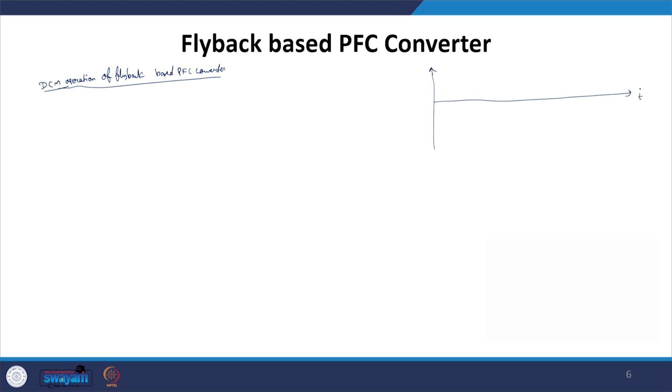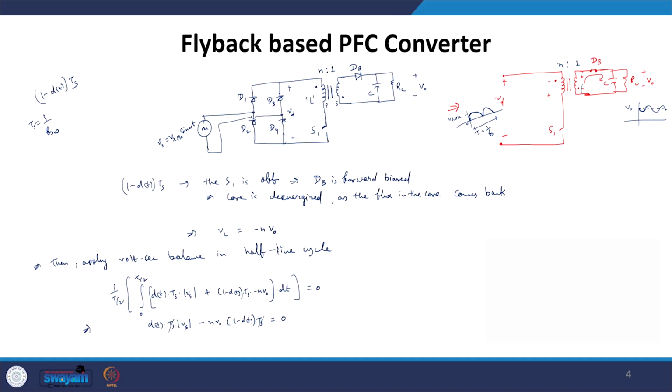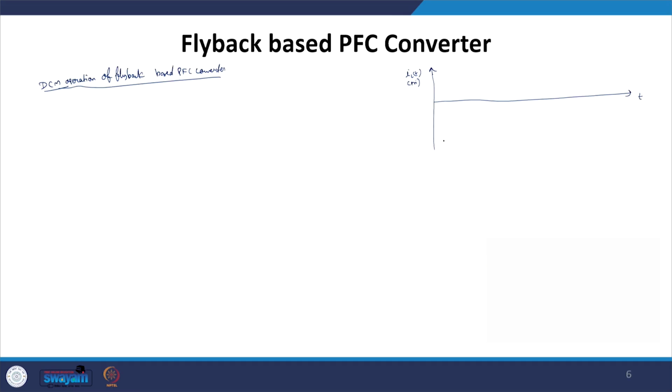So this is T, this is IL of T. Now this IL of T is something referred to as the primary side. That means you can say that it is here. I am drawing IL of T. Now if you draw IL of T, since in the DTS period it is applied, you are having the voltage,